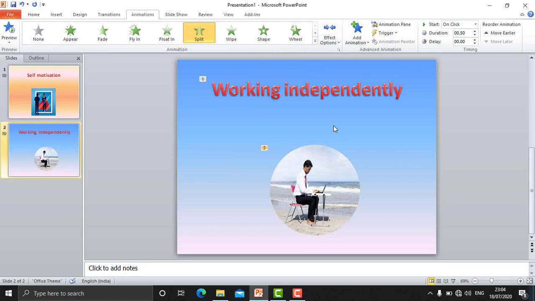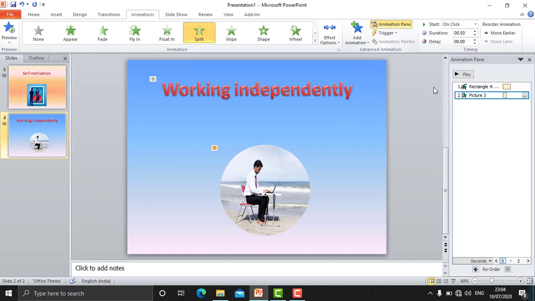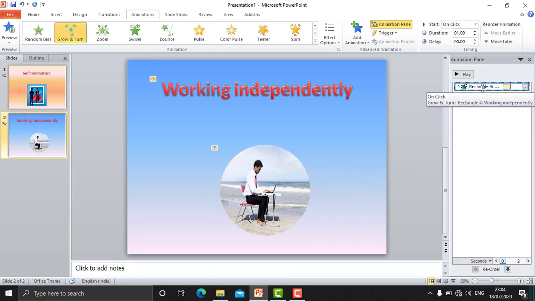After adding the animation to the objects, you need to decide how it will come, meaning what will be the order or the timing. For that you can click on the animation pane. Whatever objects you have added, the names of the objects will be here. I'll click on the very first one and click on this arrow.